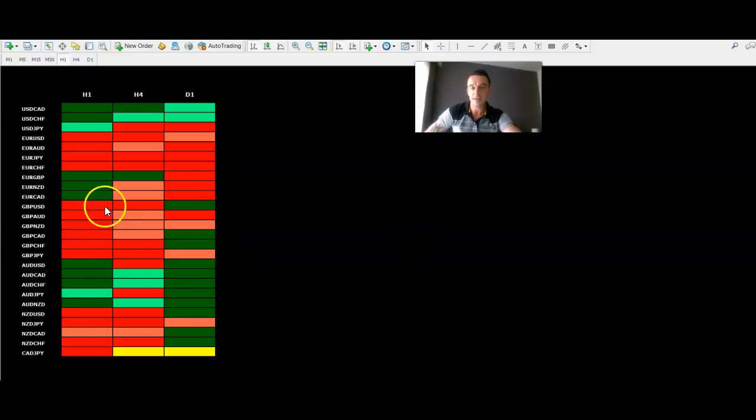Okay, if we look at the British pound pairs here, across the marks there's a lot of indecision. The higher time frames are green, but the lower time frames are red. So it's something I wouldn't want to look at intraday. What I'm looking for is either 3 greens or 3 reds. And quite clearly here on the Euro pairs, we can see Euro USD, Euro Aussie, and Euro Japanese Yen